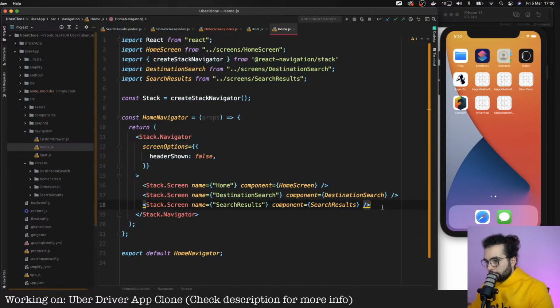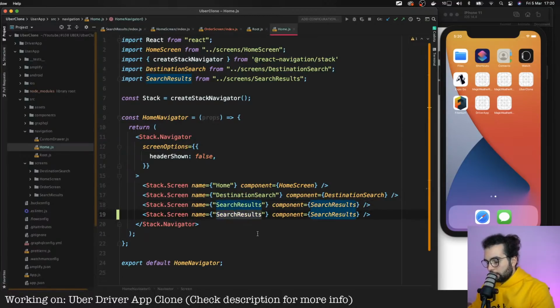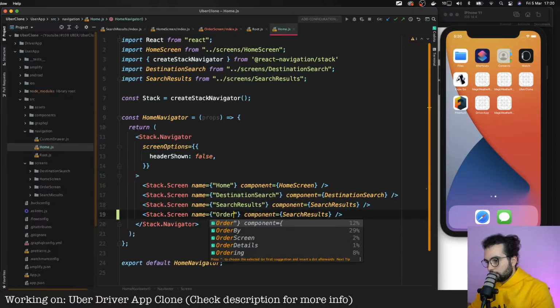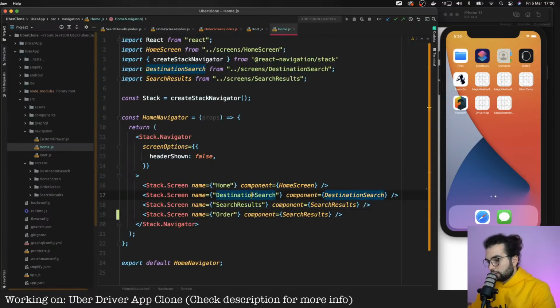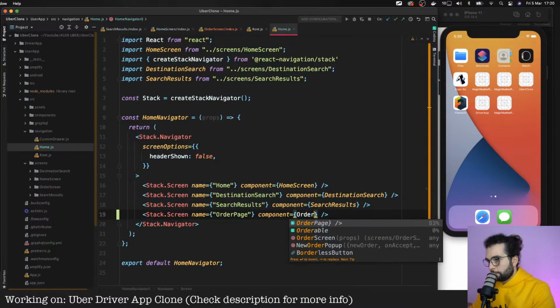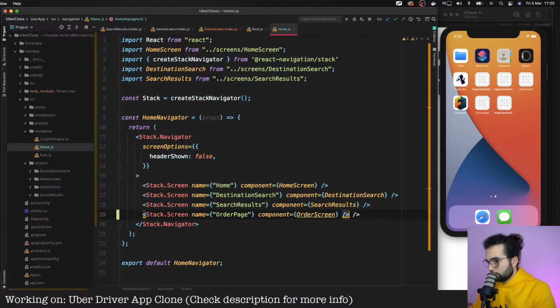Yeah, I think that we can put it here. Order. Yeah, just order page. And that's gonna be the order screen.